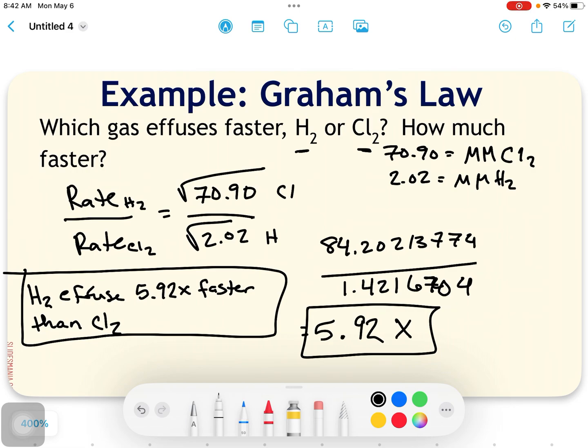So the major things with these problems: one, we know how to solve for molar mass now. We should be able to do that in our sleep, no problem. I would solve for the square root of both of these first, write those answers down, and then divide. It just makes your life a lot easier when you're solving through these problems. Also, the smaller molar mass is going to effuse faster. So if you need to leave yourself a note, say this is going to be effused faster,